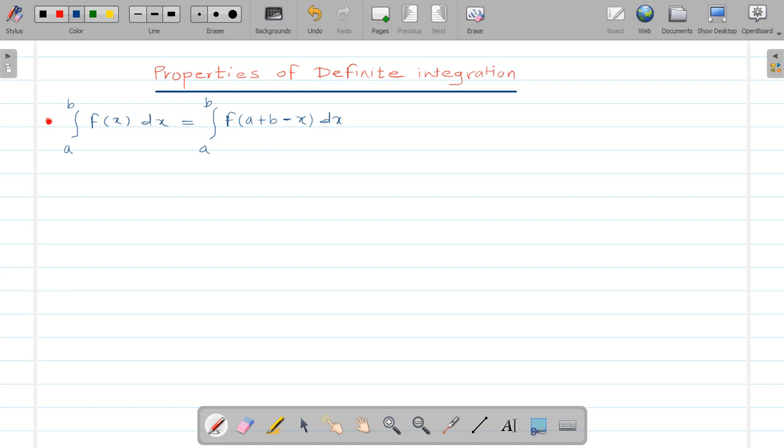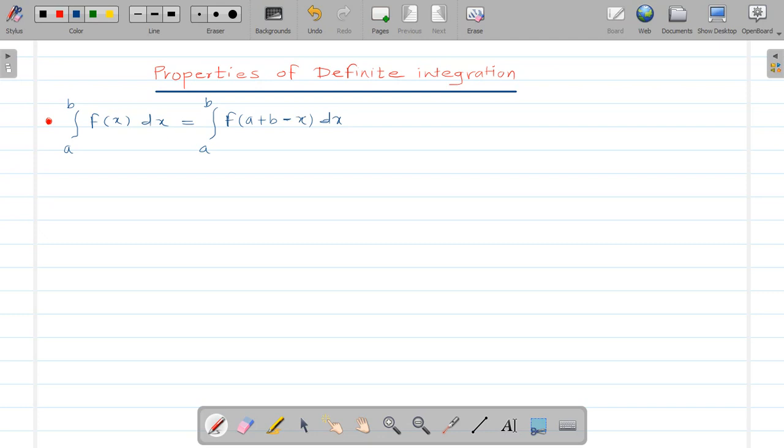Dear students, in our last lecture we discussed the properties of definite integration. In that we solved some examples related to exercise 6.2. Today we are going to solve some examples